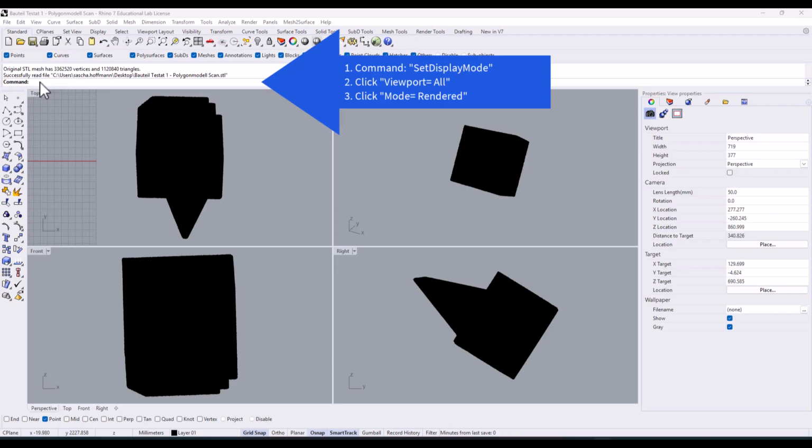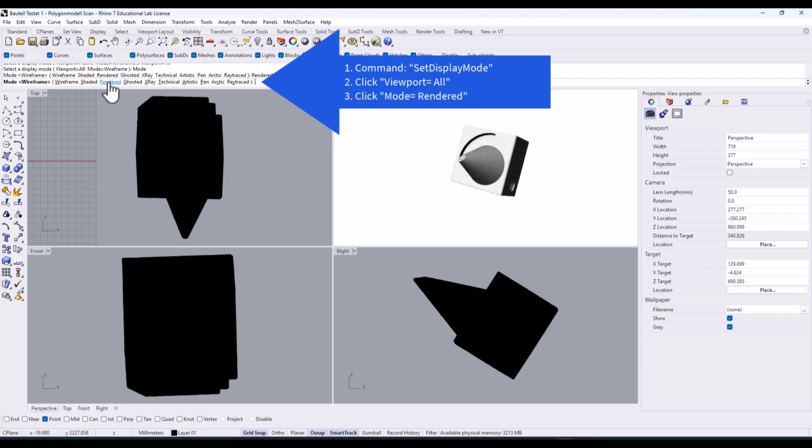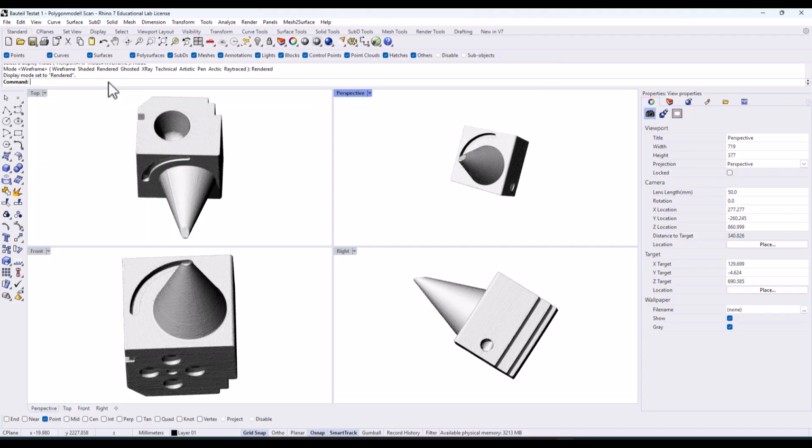After importing the mesh, the next step is to set all 4 views in the rendered mode for a better visualization. Just follow the instructions in the blue arrow. After enabling the rendered view, the grid, the coordinate axis on the grid and the small symbol for the world coordinate system at the left bottom corner of our views disappears, and we have to do the following to set